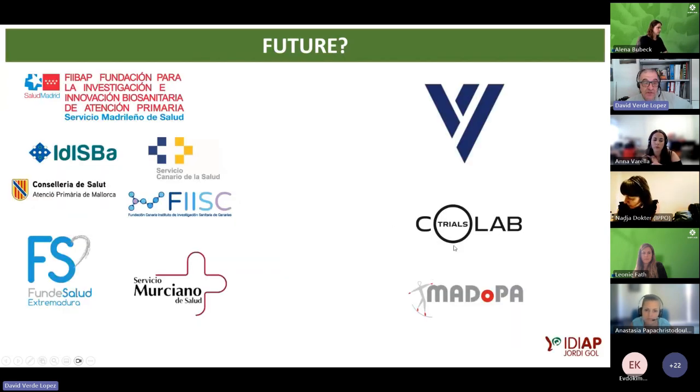And in the future, something that we hope we can finish this week, is an alliance with part of the rest of the national health system of Spain and the institutions based in primary care. The idea is that they will be integrated into our living lab. Sometimes, for example for the CE mark, you need a lot of people to test the clinical trials. So apart from the 8 million, we will have the 6 million of Madrid, the 2 million of the Balearic Islands and so on. So we will also share